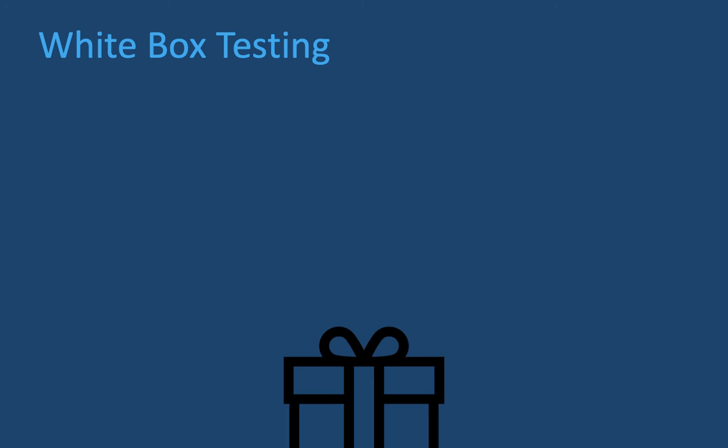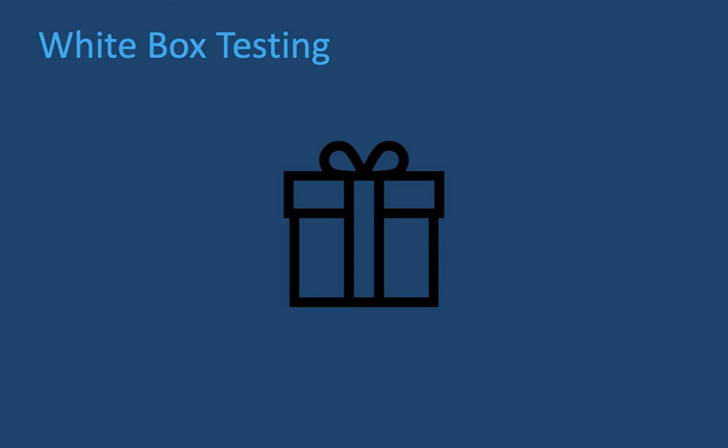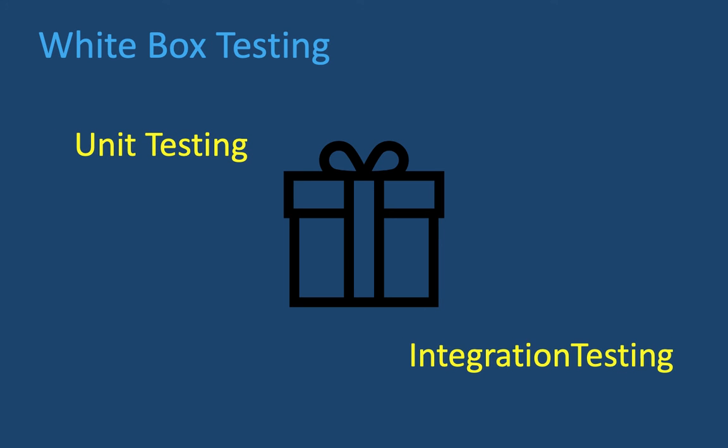We also have white box testing, which is exactly opposite to the black box testing. In white box testing, we know the internal working of the software system. That's why it is called a white box. You can see what's inside white box. Sometimes this testing is also called glass box, transparent box, or clear box testing. Unit testing and integration testing are types of white box testing. Alright, now you know software testing levels.